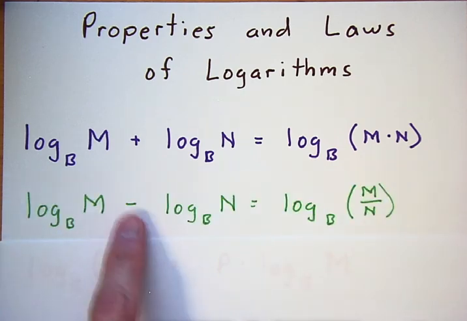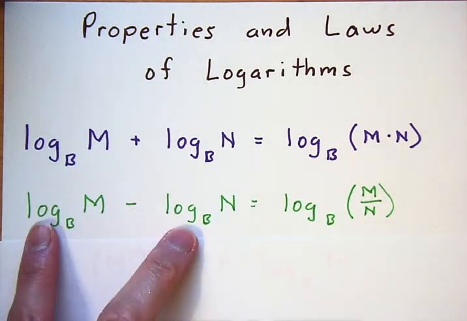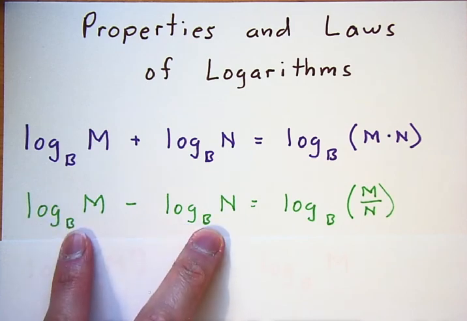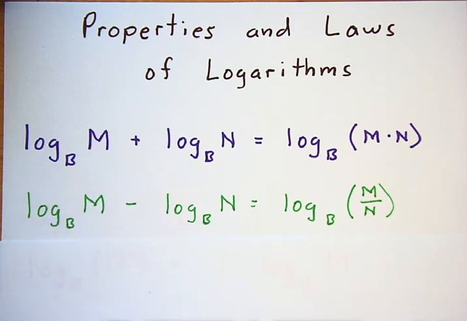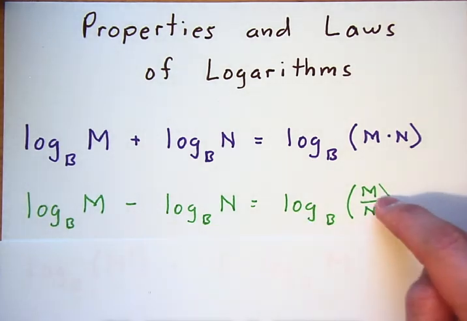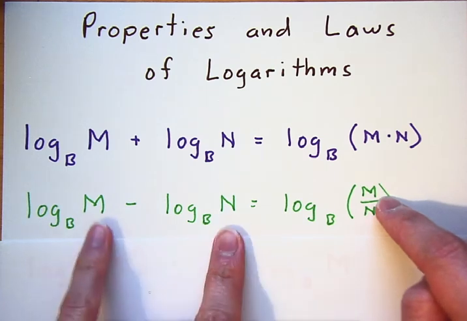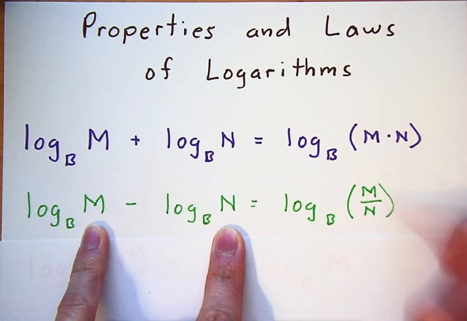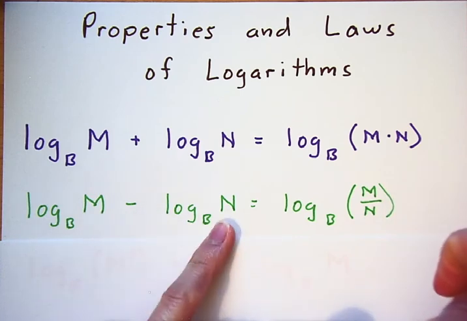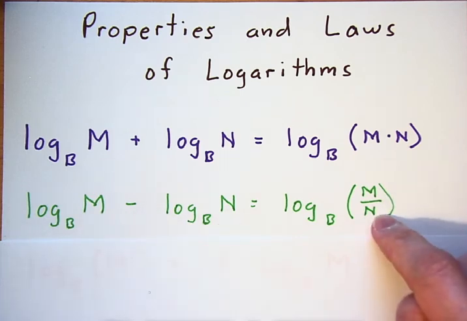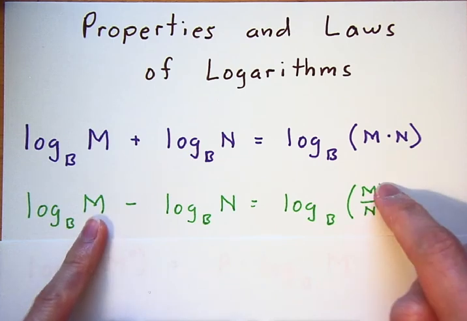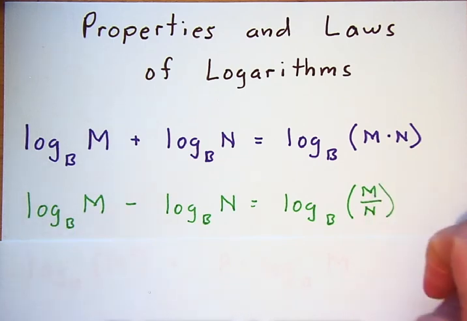if you are subtracting two logs with the same base, that is the same as one log with that base with a division of those two numbers. The one that comes after the minus sign is the one on the bottom of the division. The one that comes before is on the top of the division. Similar to that,